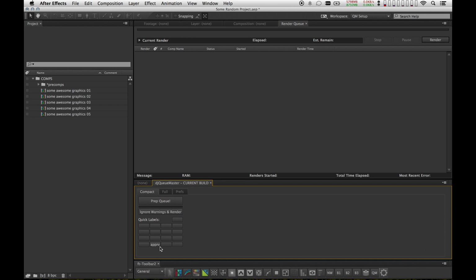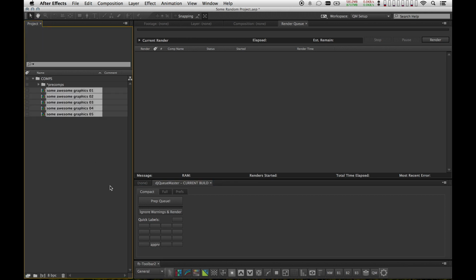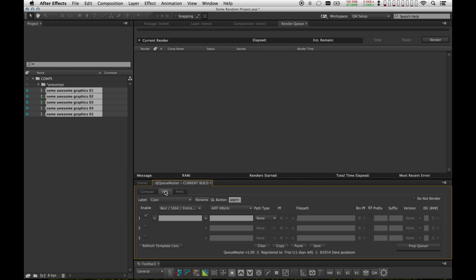You'll notice that immediately that appears on the button that corresponds to the cyan label. So I've got that right there. I can even go ahead and highlight all my comps and apply that. Right now, QueueMaster wouldn't do anything if I dropped that in my queue because I haven't set up any templates yet. So I'm going to render it out 16-bit, and I'm going to use this little guy right here